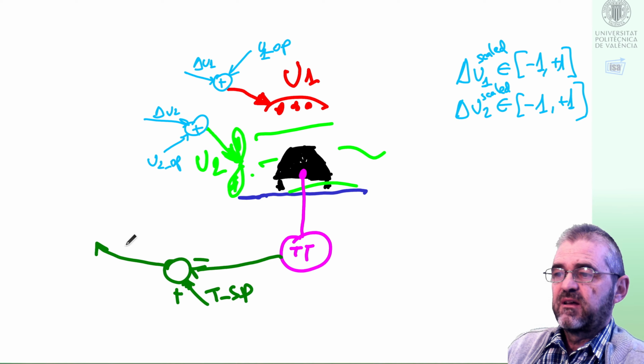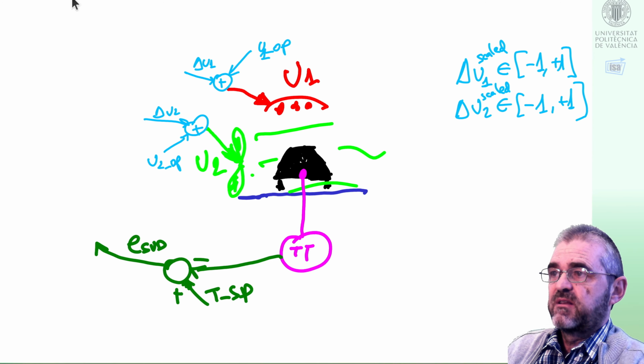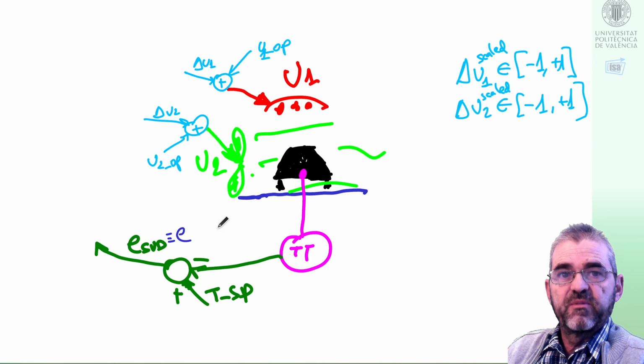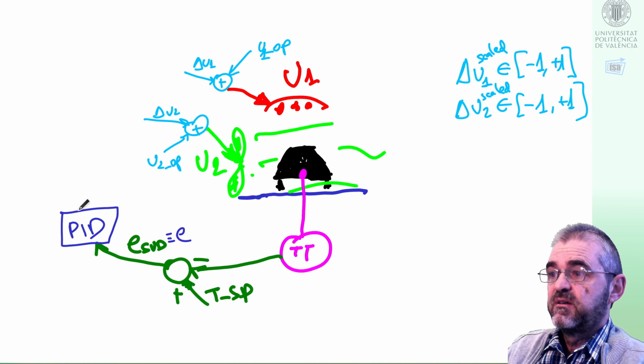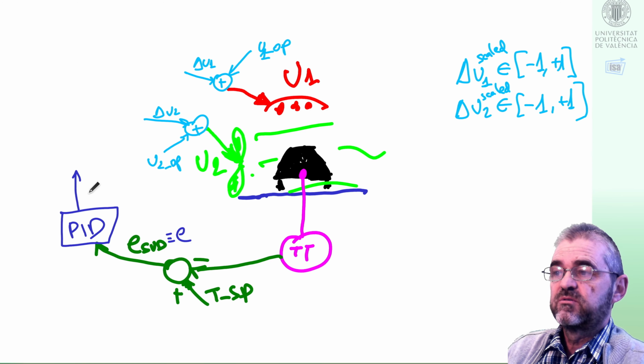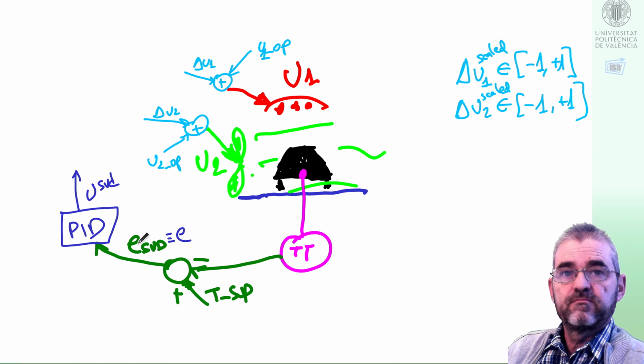I would obtain an error in SVD coordinates that, well, is just a plain loop error in this one output case. Then I will put some PID to carry out the temperature control, and its output, USVD, indeed